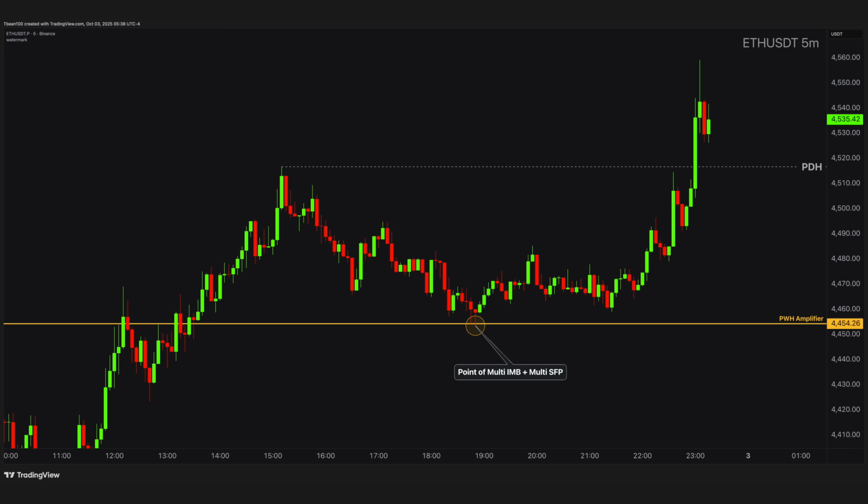Now the next question we need to ask ourselves is, do we have clear targets to move towards? And yes, we do. We've got the previous day's high combined with this inner trendline liquidity as well. So we've got some clean, visible targets sitting above us. And right around our multi-imbalance and swing failure zone together with the previous week's high amplifier point, the inner structure